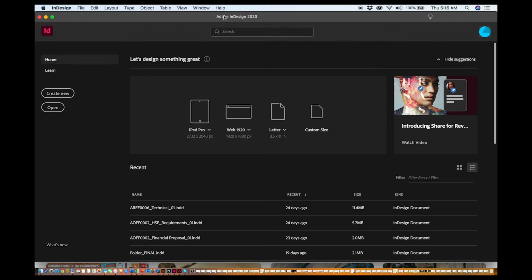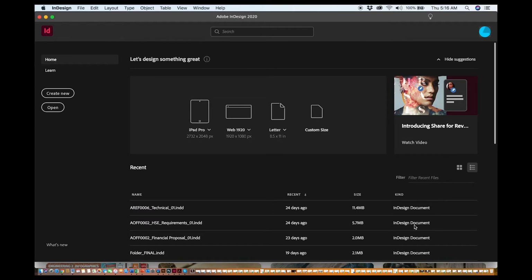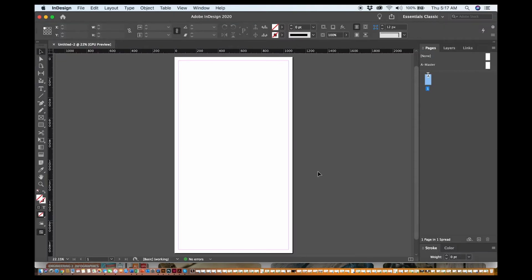Now, first things first, once you have Adobe InDesign open, you'll go over to Create New, and then we're going to create a new document. Now, you can change the units to pixels. There we go. And then we're going to create a size that is 1080 by 1920, and the orientation will be like this. So that's why I have the width and the height here, and then we will say create. Okay. Now we have